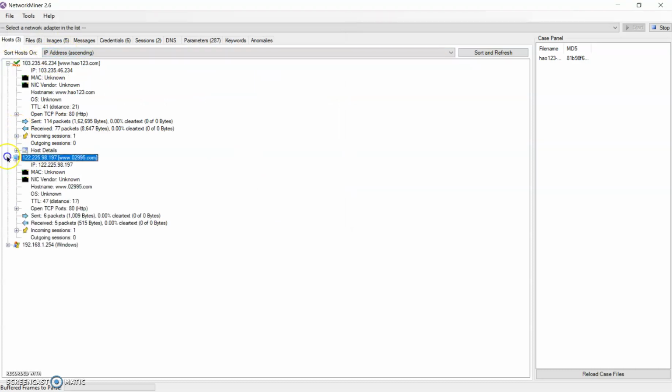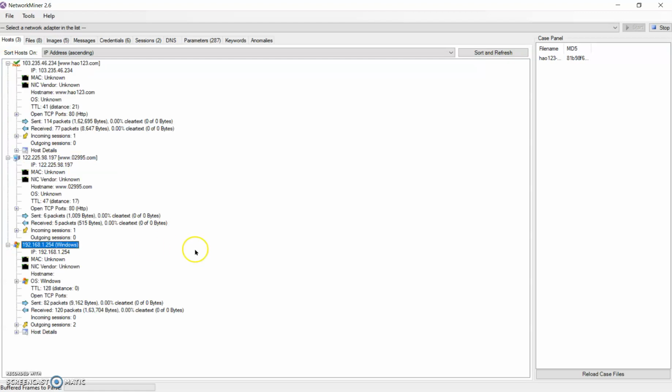For each host, we are able to see the OS and their respective IP address, MAC, NIC vendor name, the open ports, then sent packets, received packets, incoming sessions, outgoing sessions. There are also other host details where you can see which browser was used, the user agent, device category, accepted language, and the HTTP header.